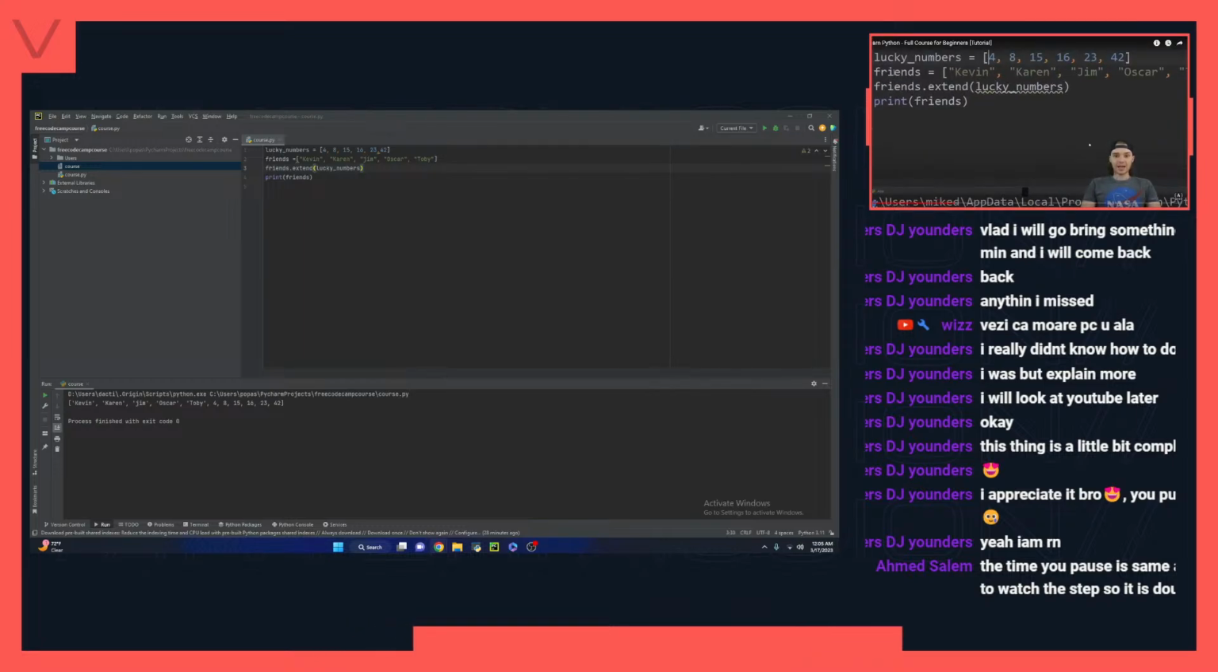We can also just add individual elements onto a list. So I could come down here and I could say friends.append, and this will actually allow me to append another item onto the end of this list. So over here, I could just add another name. So we could say,